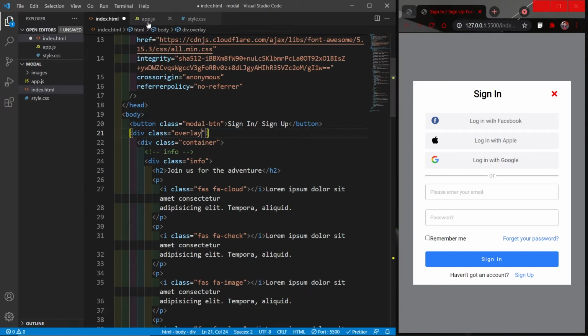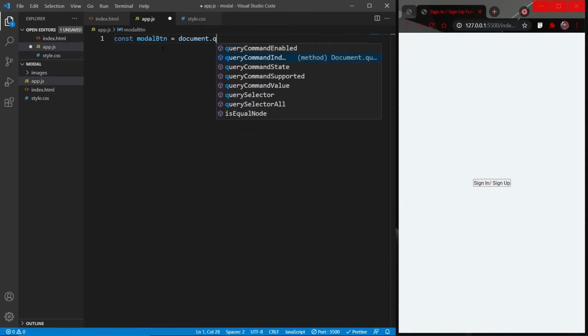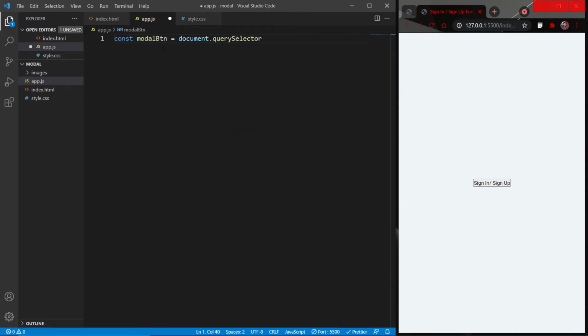And move to the JavaScript file. Now here the first thing I will do is select this modal button that we have right now and name it modalBtn. Select it with querySelector and the class name was modal-btn.